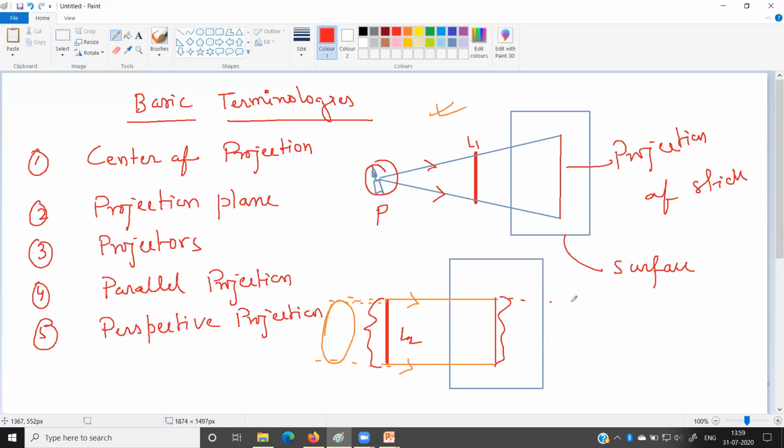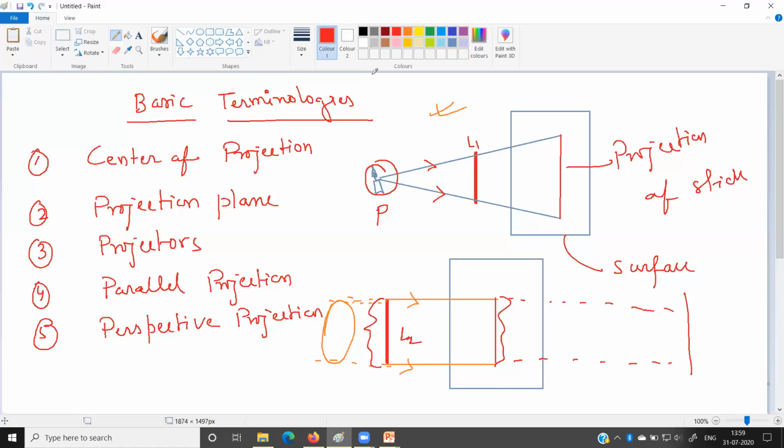And if we extend it on the other side, we will assume that they will meet at infinity. One real life example of the parallel projection is a train line. If you stand on the rail line track and observe, you can see that the rail lines, the tracks, are going away from each other, and it seems that they will meet somewhere in the horizon. So this is a real life example of parallel projection.